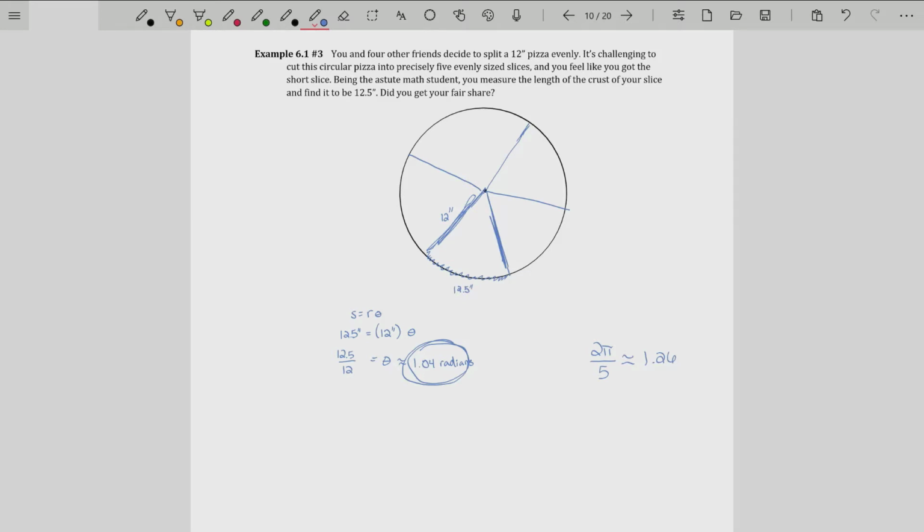Anyhow, that'll be it for this video. The next video is brand new material. The next video, at least for most pre-calculus students, is going to be brand new because we're going to start into areas of sectors, and then the following video will be velocities, angular and linear velocities, which is, I think,